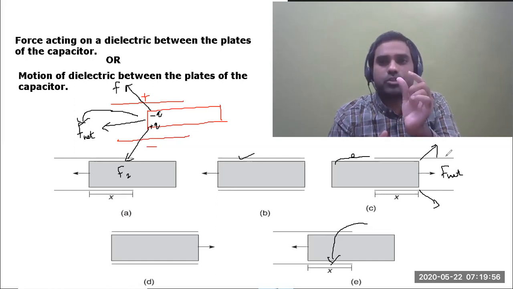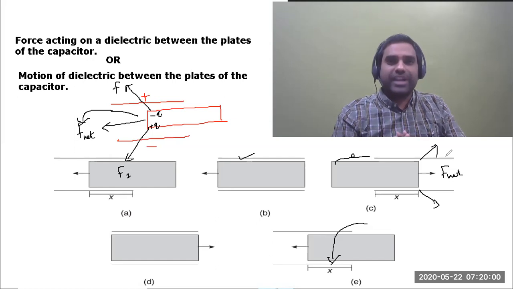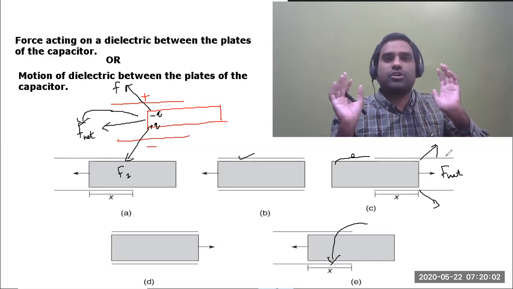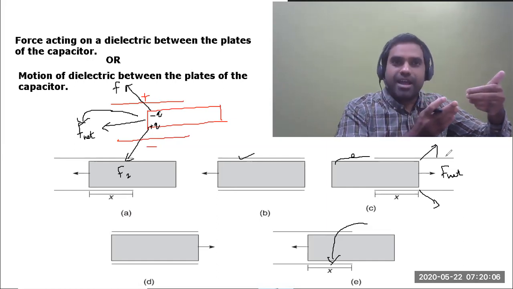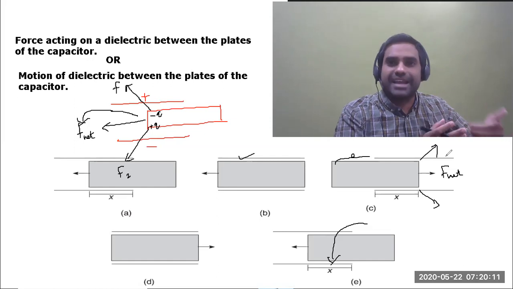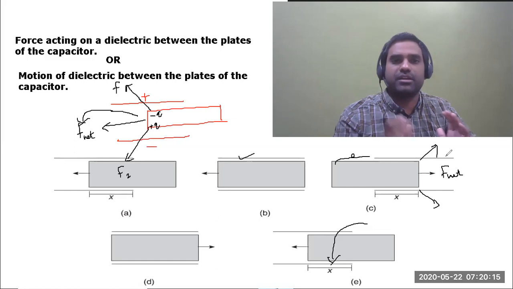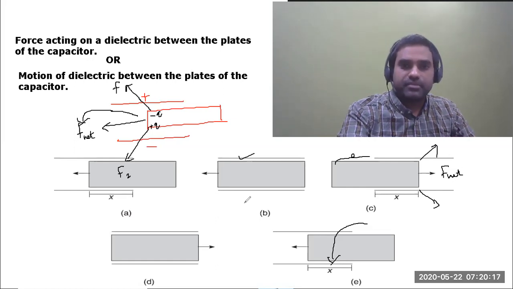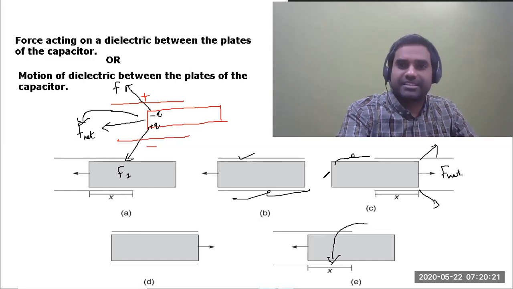When a small portion is kept between the plates of the capacitor, then because of induction, the dielectric will experience a force due to which it starts traveling between the plates of the capacitor. But when it completely occupies the space between the plates, then the net force on it becomes 0, and that is treated as the equilibrium position. This is the equilibrium position, but due to inertia of motion, it slightly comes out of it like this.